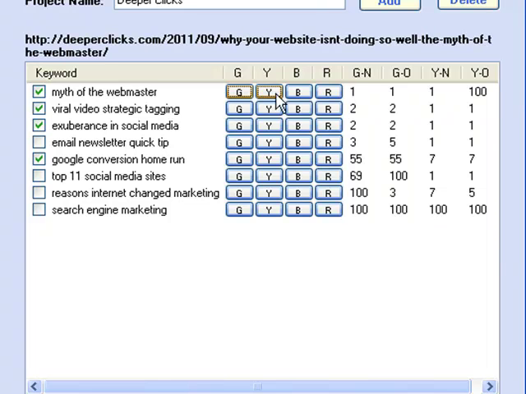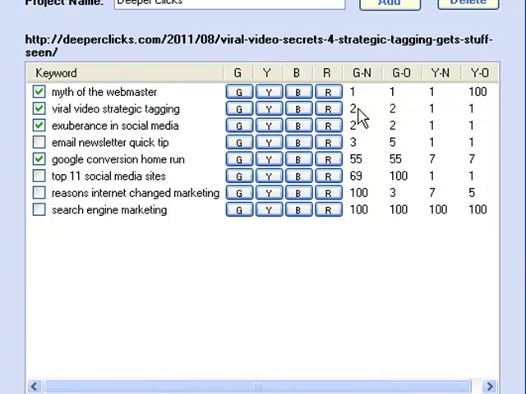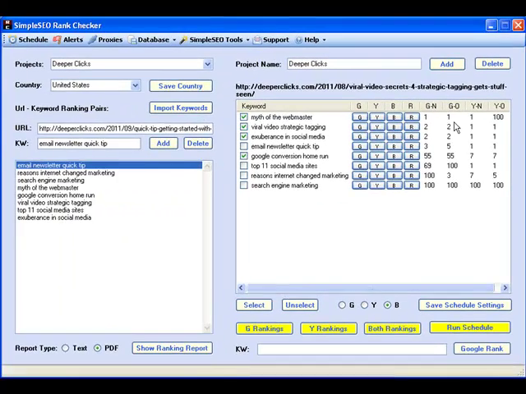Now let's take a look at the buttons. These buttons allow you to retrieve either the Google rankings, the Yahoo rankings, or both rankings together for each specific keyword. So you can just click any of the buttons and retrieve a specific ranking. So now this would retrieve only the Google ranking. And you can also retrieve